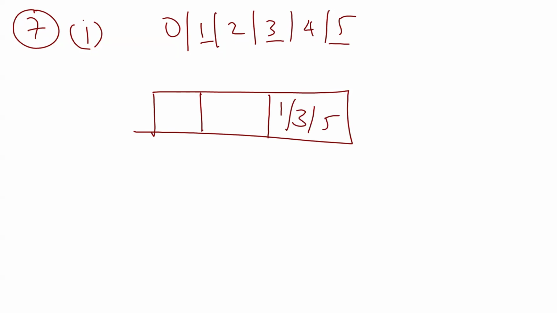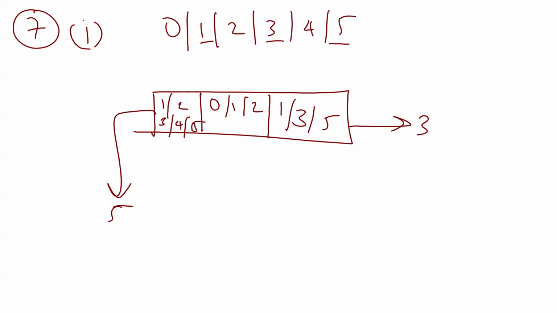Here it will be 1, 2, 3, 4, 5. 0 cannot come over here. So these are 5 ways. These are 3 ways. And here will be 0, 1, 2, 3, 4, 5. So these are 6 ways. Okay. So 30 into,